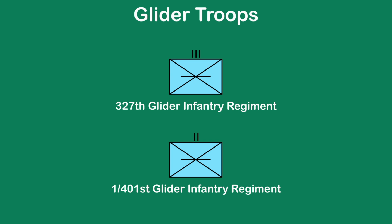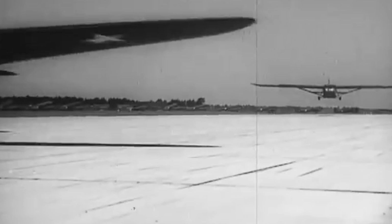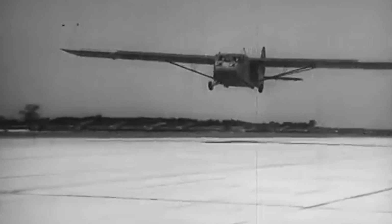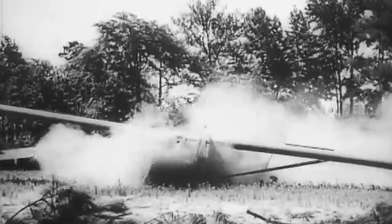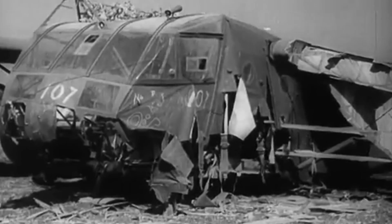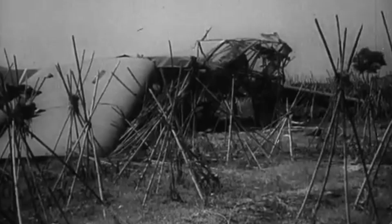One of the other areas of the 101st was the glider troops. This consisted of the 327th Glider Infantry Regiment and the 1st Battalion of the 401st Glider Infantry Regiment. Glider troops were just as important, as they were able to bring in heavy equipment and machinery for the rest of the division. Because they accessed the battlefield with a glider, they needed to target specific areas to allow for the aircraft to land. Many of these were heavily damaged on D-Day due to various factors,